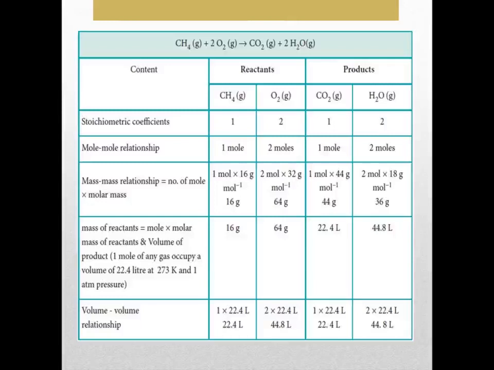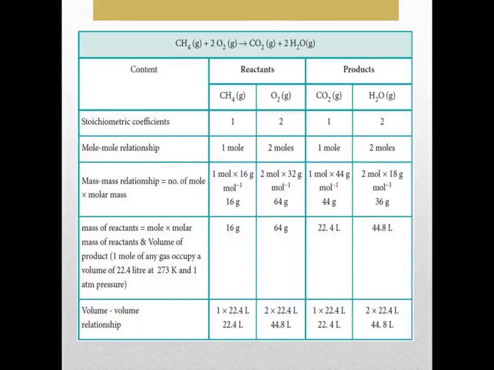Now see the mole-mole relationship, okay. See in the reactant CH4 plus 2O2, there is CH4, there is 1 mole, so 1. In O2 there is 2O2, so 2 mole. Product also CO2 there is only 1, so 1 mole CO2. H2O there is 2, so 2 mole. Okay. Now mass relationship equals number of mole into molar mass. So number of mole is 1, okay. Molar mass is